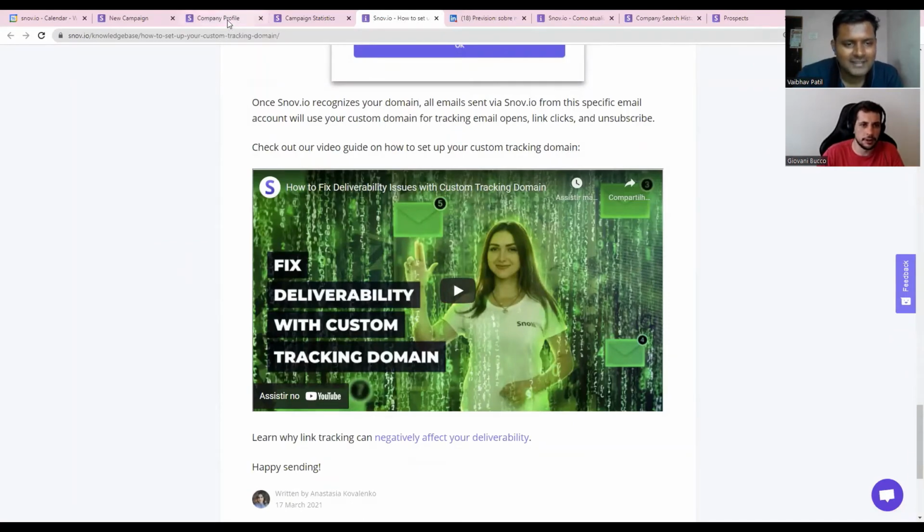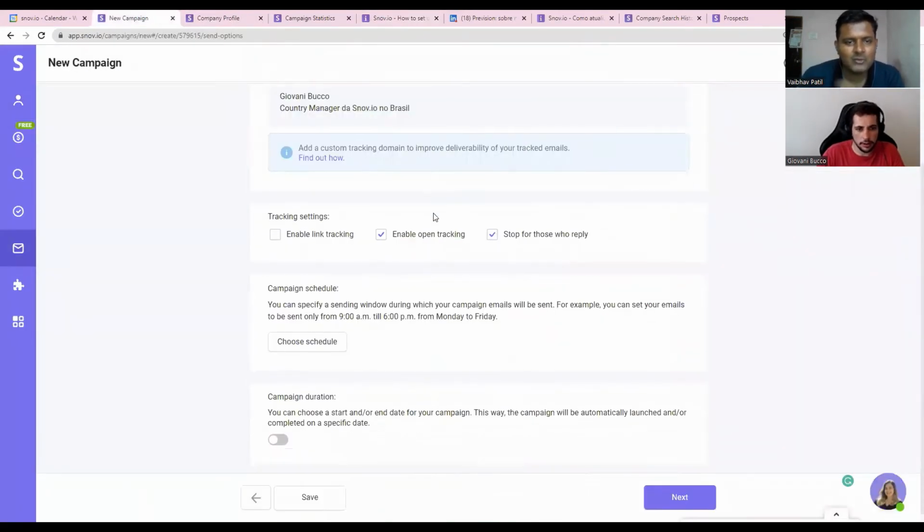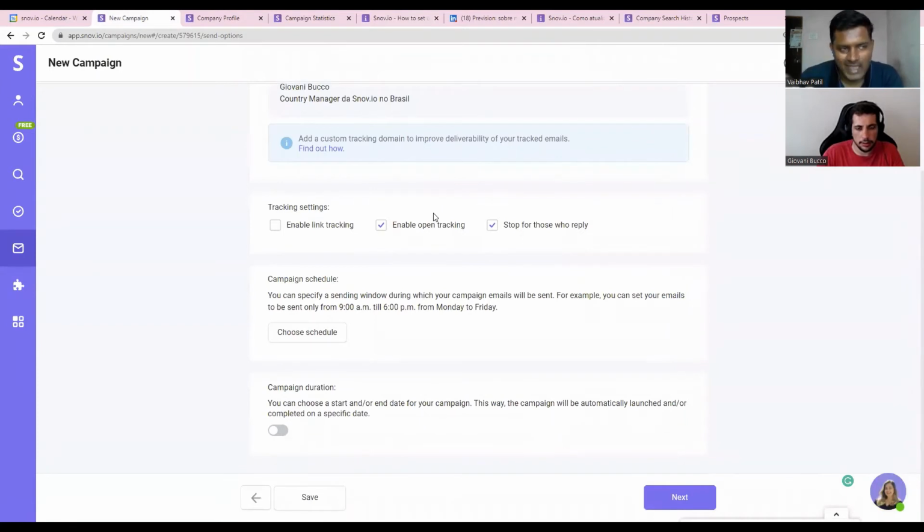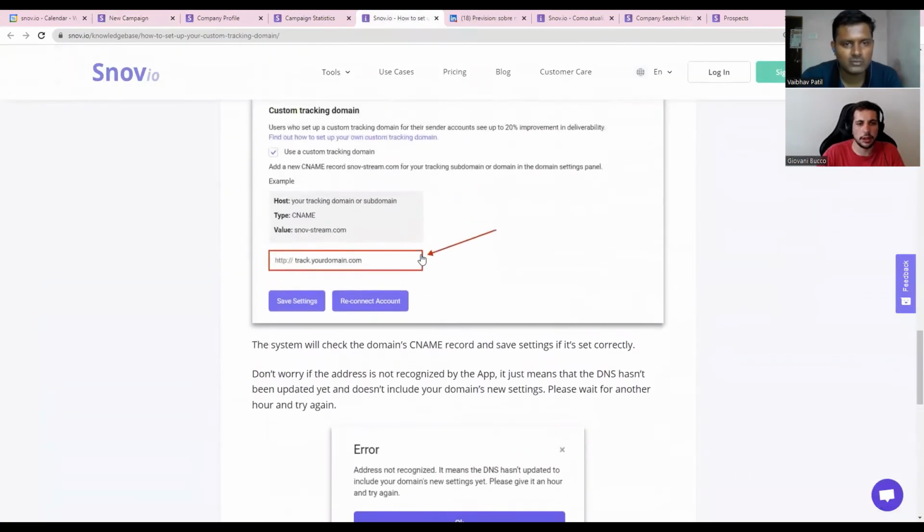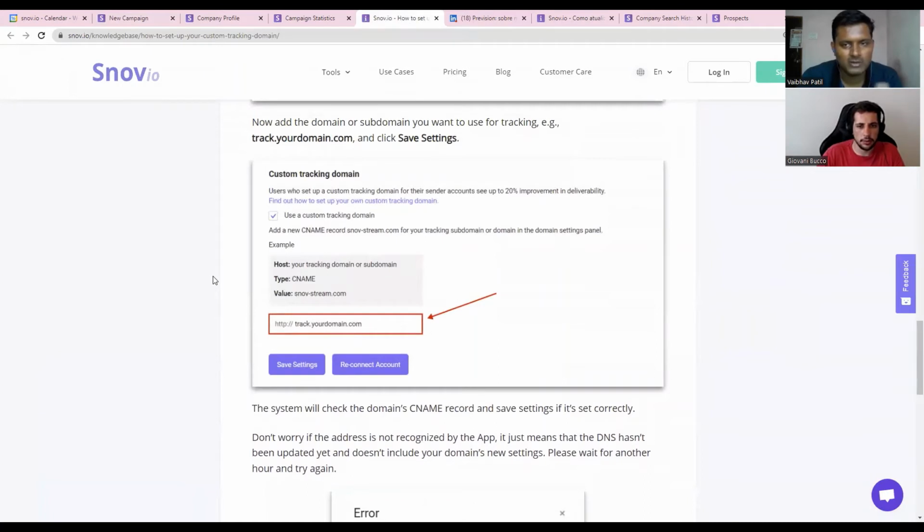Link tracking means any link inside your email gets tracked. With a custom domain, if you have a website, we link with that, and the software uses that link to give us the report. It will not look like spam, and it will look more authentic. So the spam rate will be lower and deliverability will be higher.